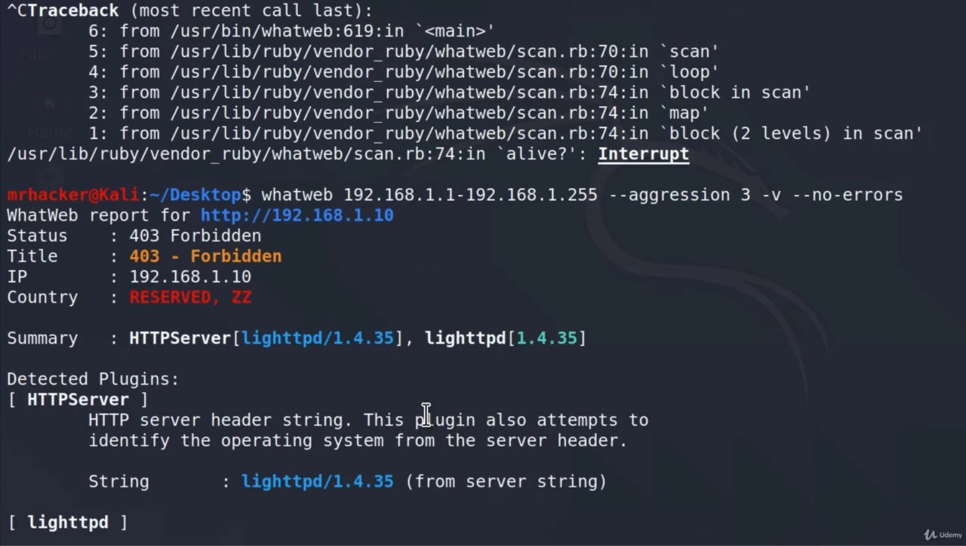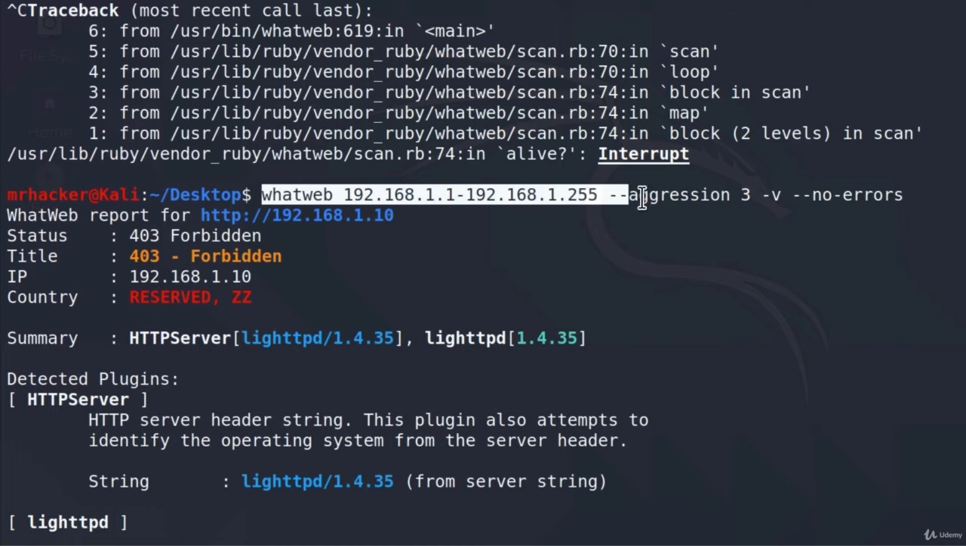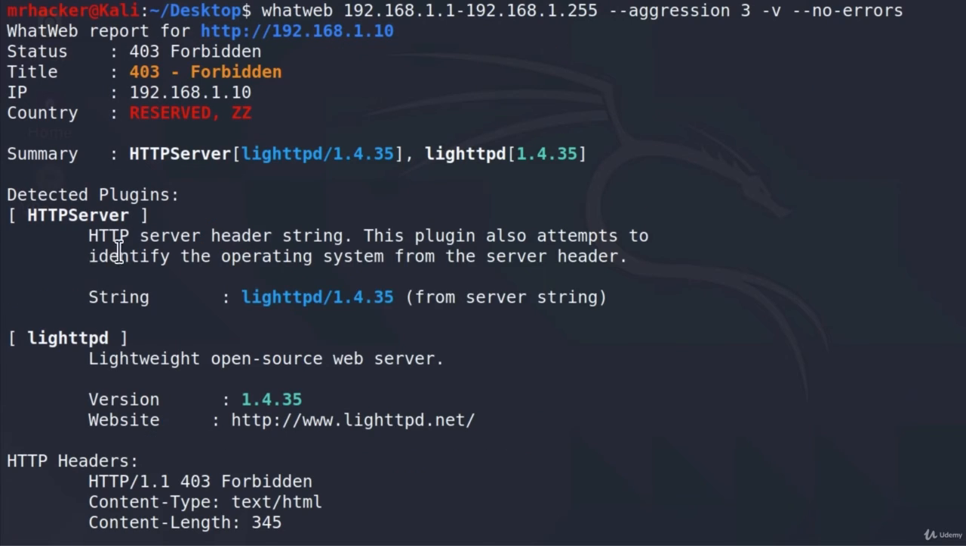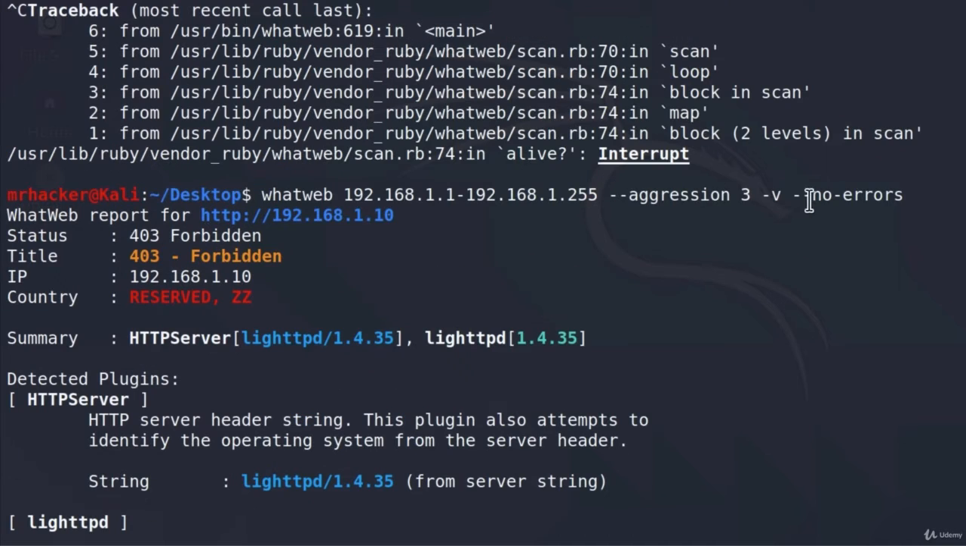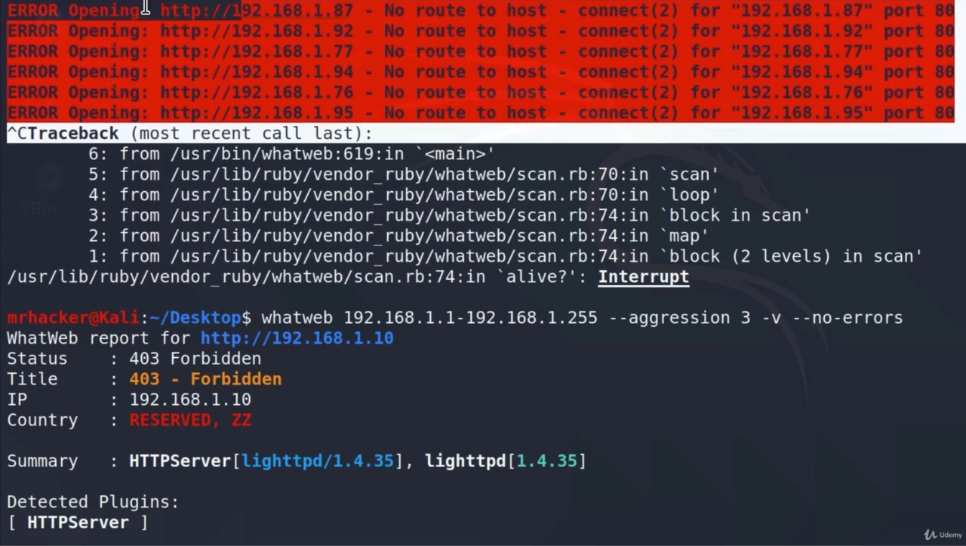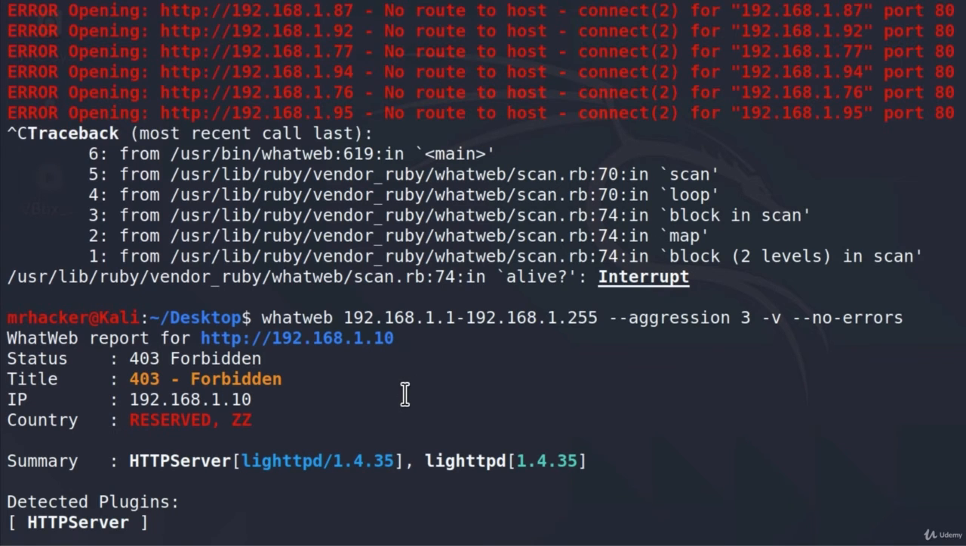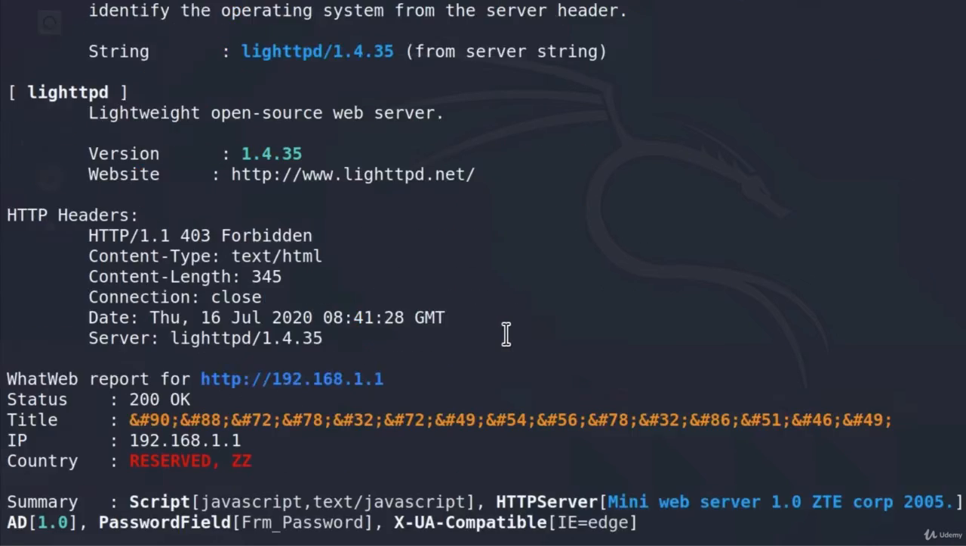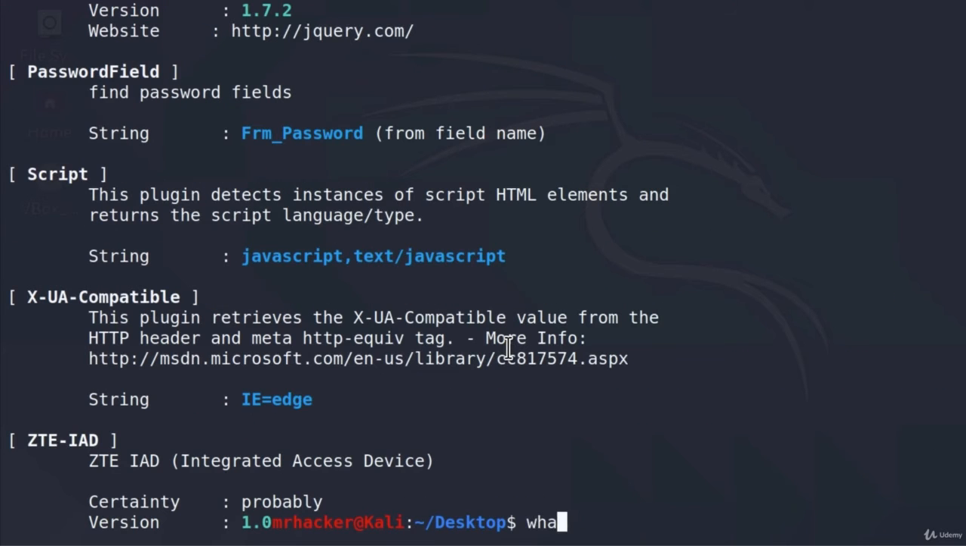Okay, so we ran this command, and we used the aggression level 3. We used -v to output all of the detected plugins as well as their description. And we used no errors to not print out these offline IP addresses. But what if we, for example, wanted to save this output that we got in a file for some future references? Well, if I type the command whatweb